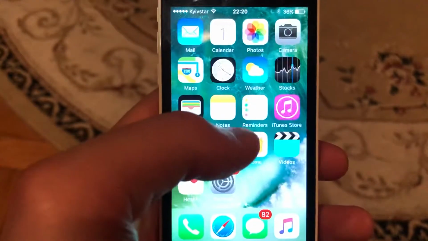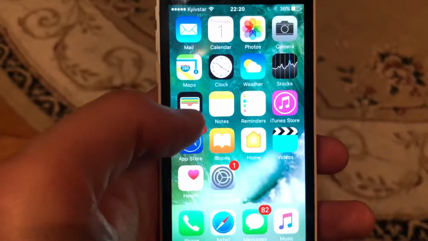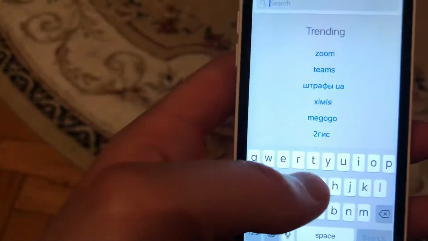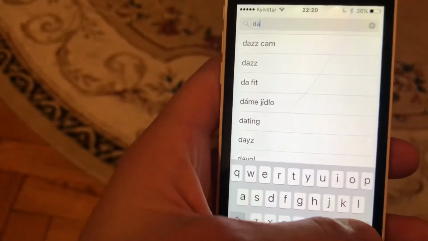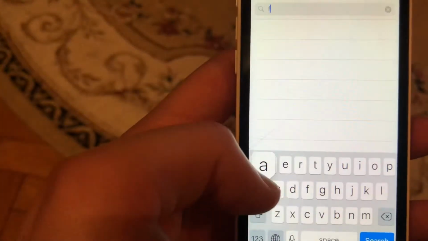And the last option you can try is to update your app. So just go to the App Store, find Facebook, and if you see an Update button near Facebook, just tap on Update and wait until it successfully installs the latest updates for your